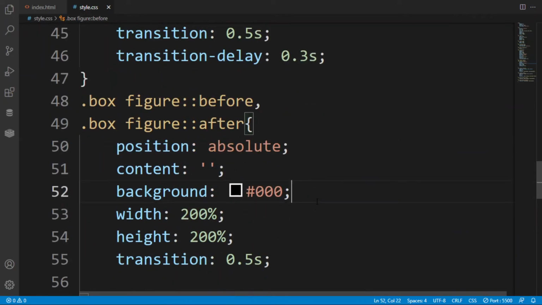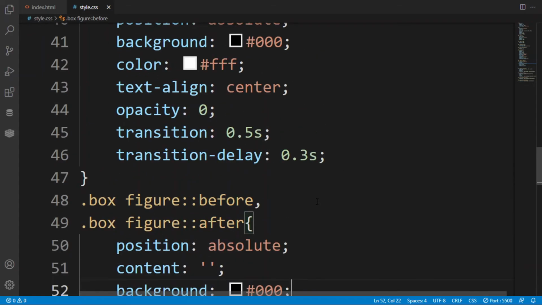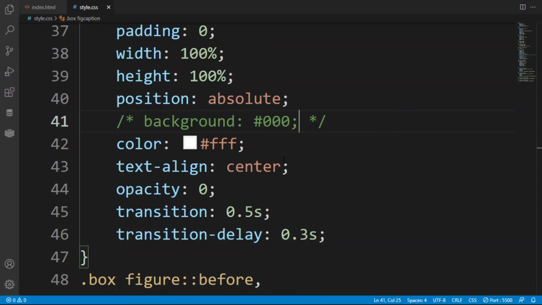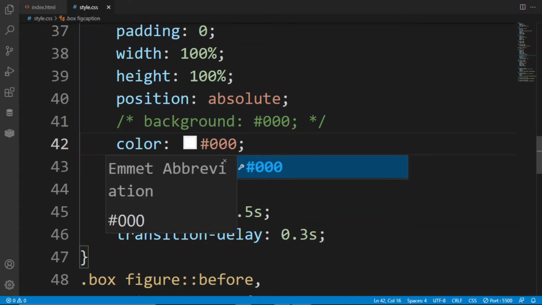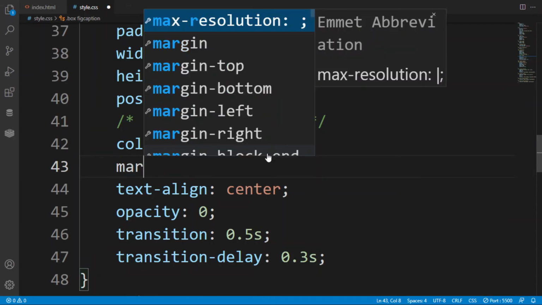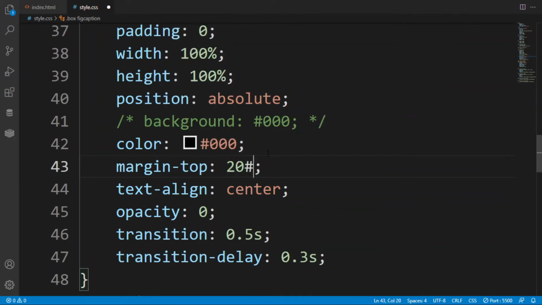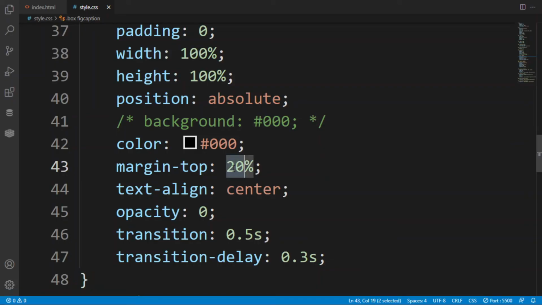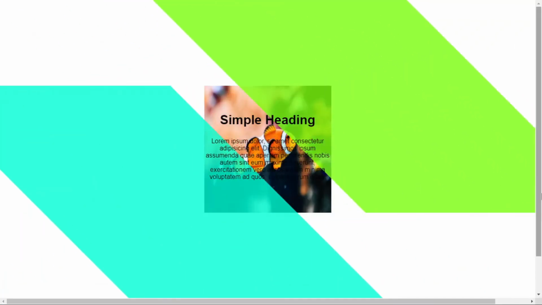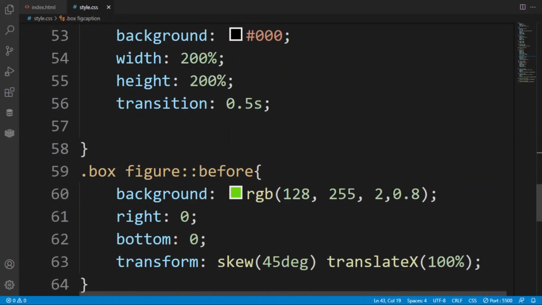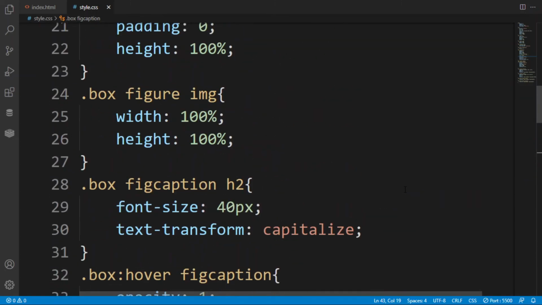Now here in the background of the content, we have nil. So as you can see, when I hover this image, then the background is taking its place. Here put the color black so that it will be clearly visible. Top margin is top because I want the content to be at the center, not at the center after 30%. So this is the desired product. Now I want this text to be aligned at the center and bottom.